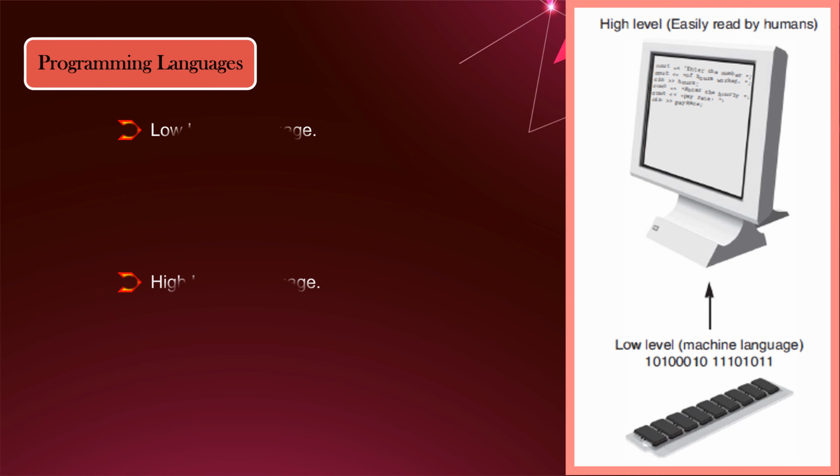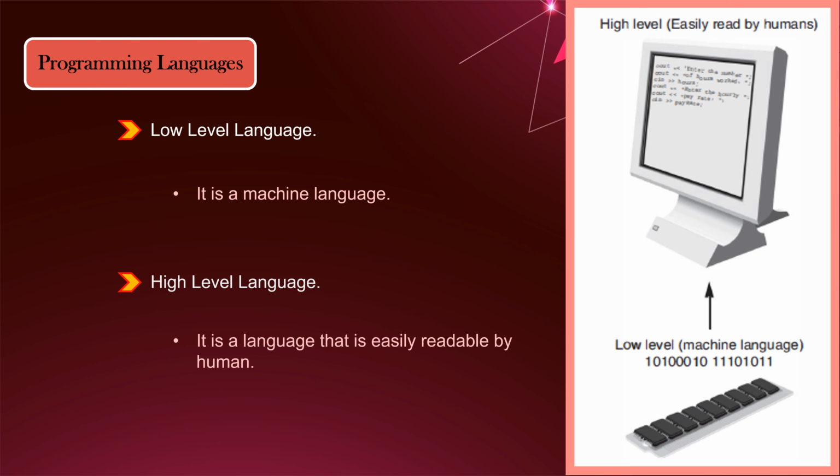Now we will discuss the programming languages. In a broad sense, there are two categories of programming languages, low level and high level. A low level language is close to the level of the computer, which means it resembles the numeric machine language of the computer more than the natural language of humans. The easiest languages for people to learn are high level languages. They are called high level because they are closer to the level of human readability than computer readability.